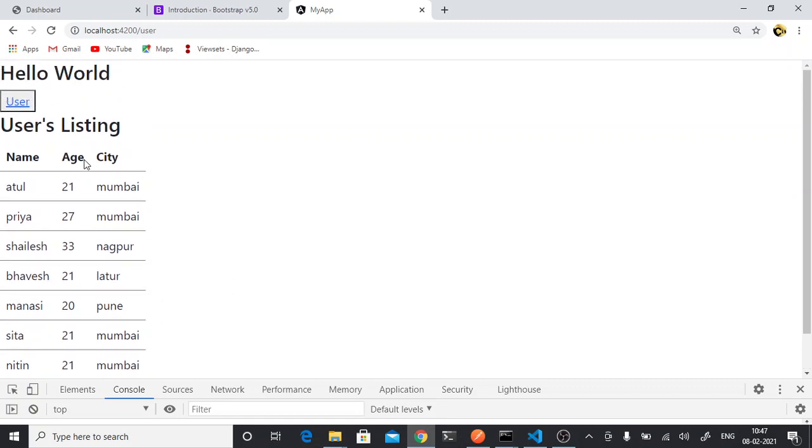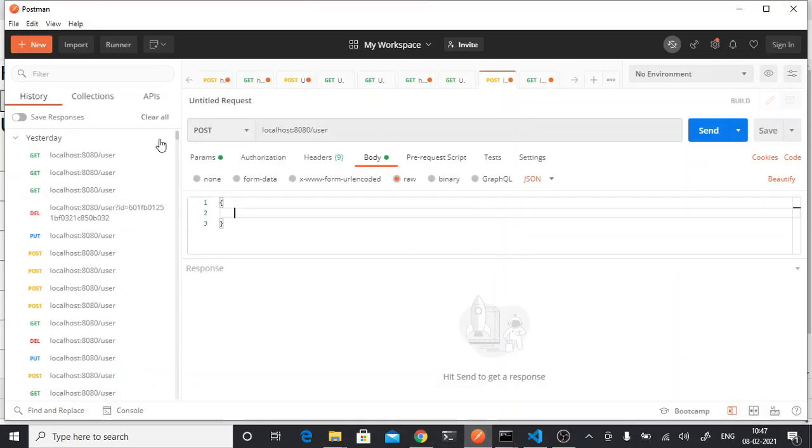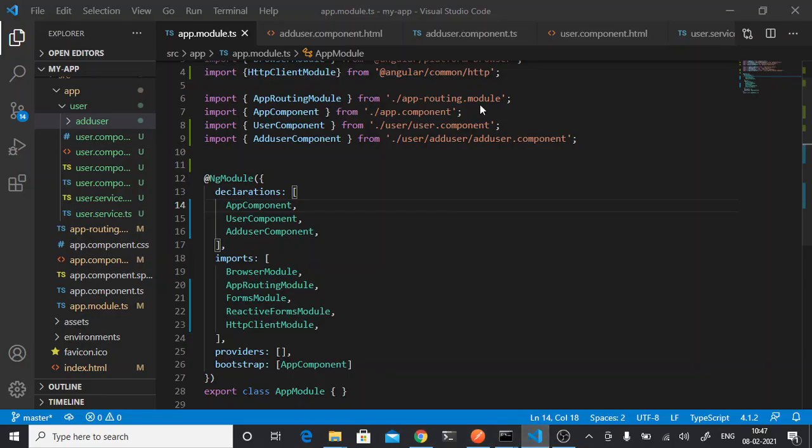So now today we are going to see how we can add the user, or how we can call the post API. When we were calling the post API, that is adding a record, we were passing our record data from the body, right? Same way, we will not be passing it from here now. We'll be calling it from our Angular, same way how we have called the get API.